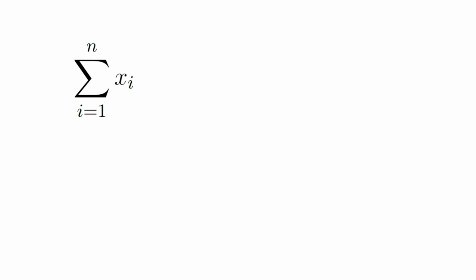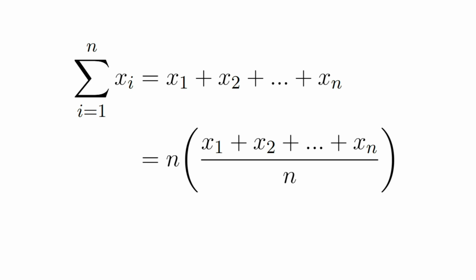Here, I'm going to show how this summation is related to the mean or average of xi's. So first, this term is equal to this sum, as we already know. Now, to this sum on the right-hand side, I'm going to multiply and divide by n, so that we can say that this sum equals this term. Here, note that the term inside the parentheses is the mean or average of xi's, which means that we can say that the sum of xi's is equal to n times x bar, where x bar is a notation representing